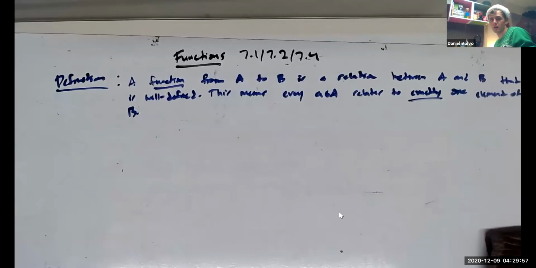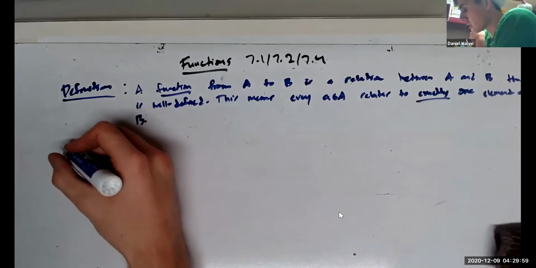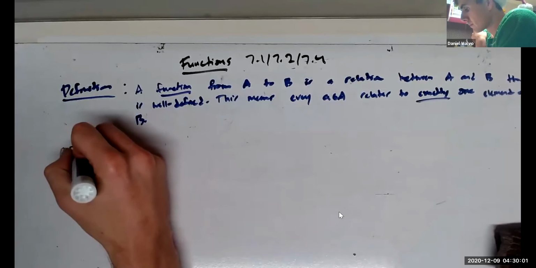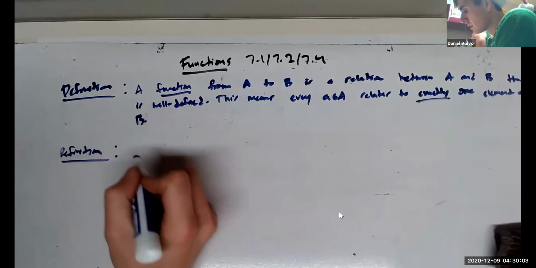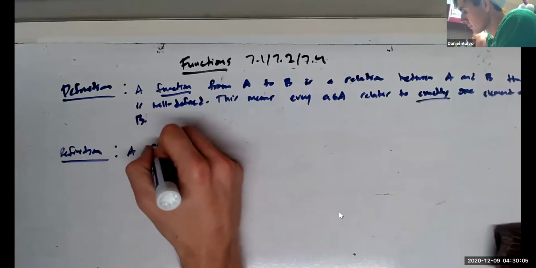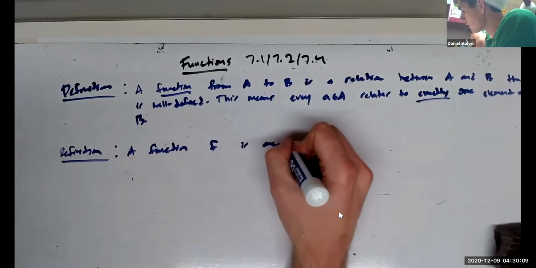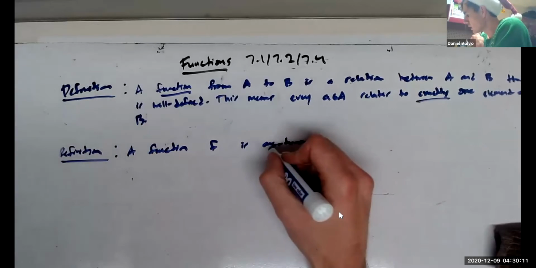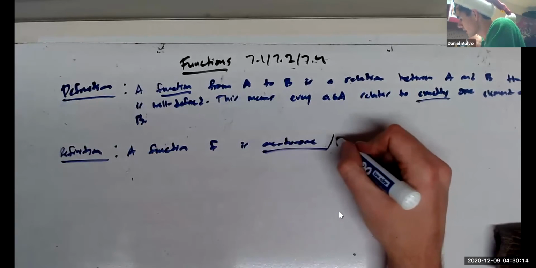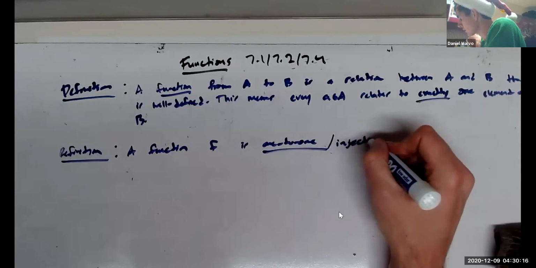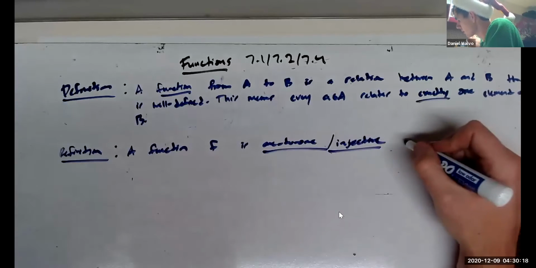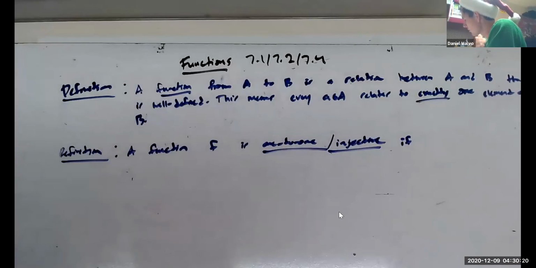So now let's talk one-to-one and onto. Definition. A function f is one-to-one, we also call it being injective, if